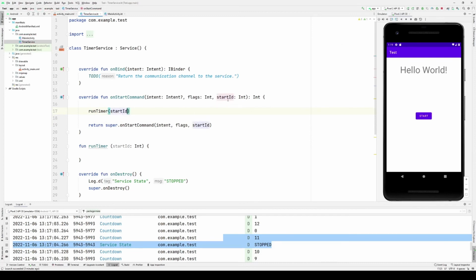So we'll pass the startId that we received as an argument in onStartCommand to runTimer. And then runTimer will create a TimerThread with startId, and then we'll start it.